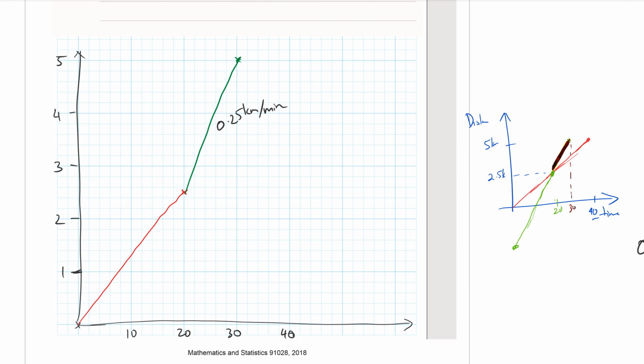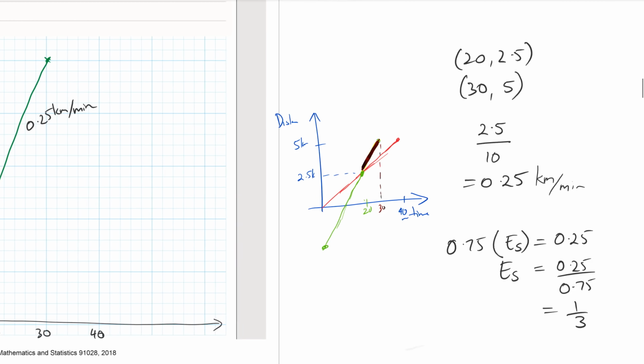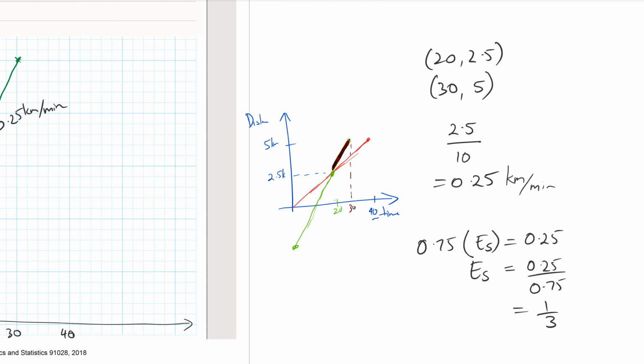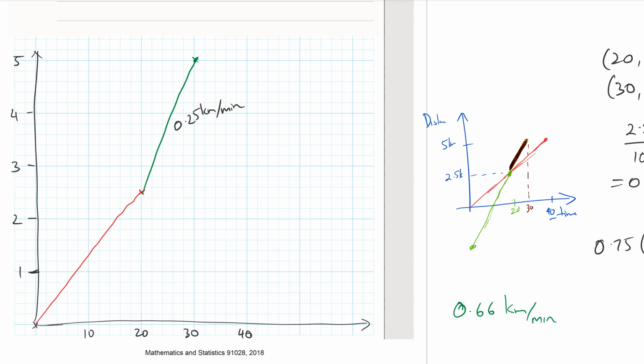So if you look at it over 20 minutes, if you actually look at what 1/3 is, 1/3 is actually 0.66 kilometers per hour, sorry, per minute. So if it's 0.66 per minute over 20 minutes, what you can say is,